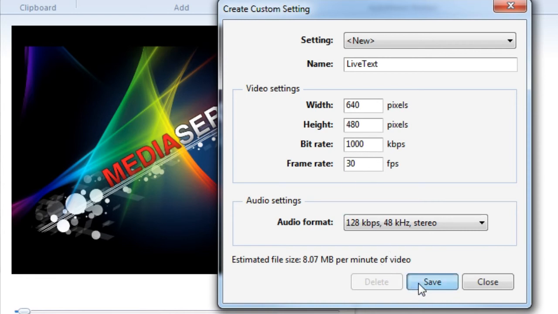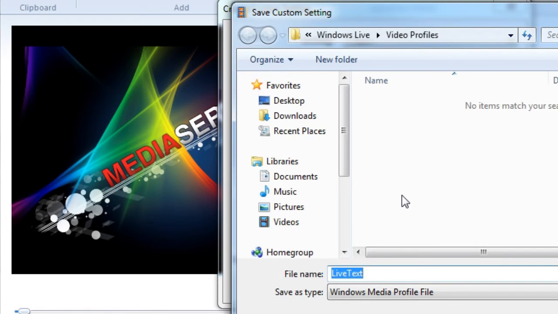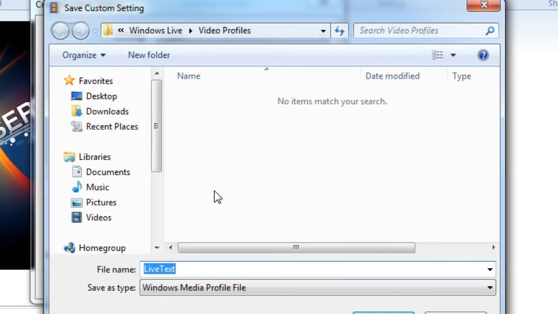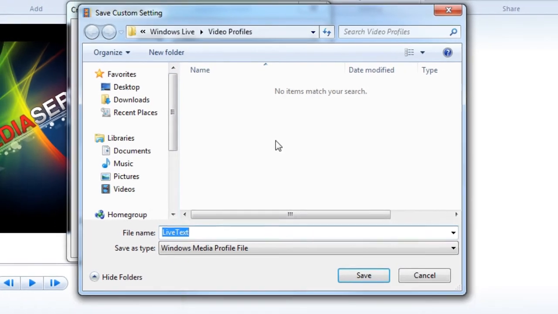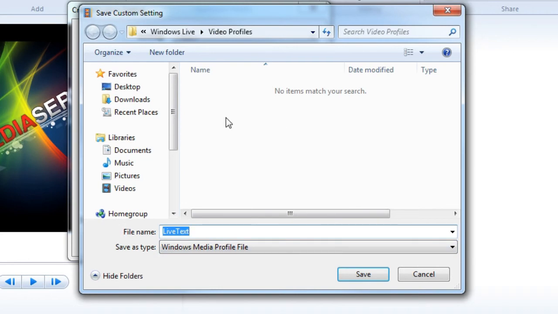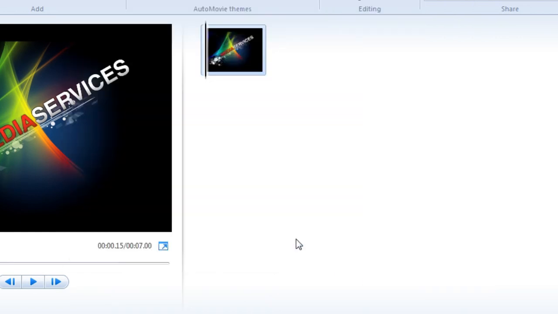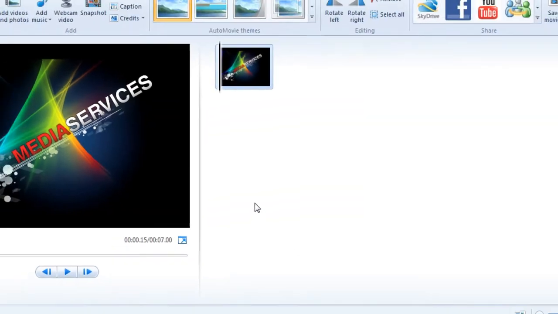All right, so I'm going to click save, and it's going to ask me for a location to save this. This is a file format that Windows Media Player will be able to use. I'm just going to let it choose the location for me, and I'll leave it alone. Click save, and then close. And now you have your